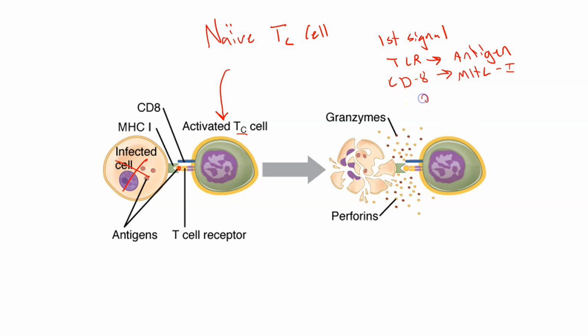But then there's some research that suggests the second signal is also required for a stronger response here by the cytotoxic T lymphocytes. And that second signal involves a molecule called CD28 and then binding to these molecules called CD80 or CD86. These, as far as I understand it, are on professional antigen-presenting cells, namely the dendritic cells. And so